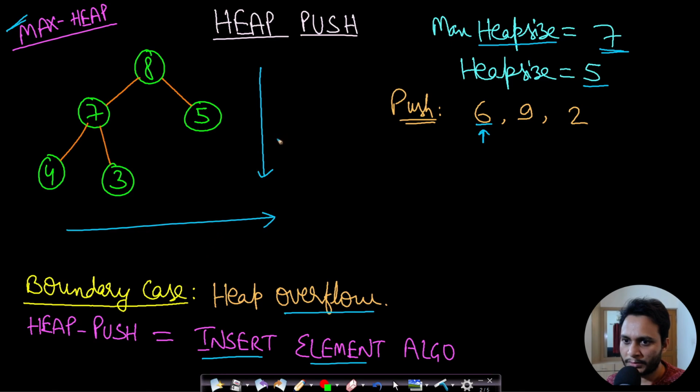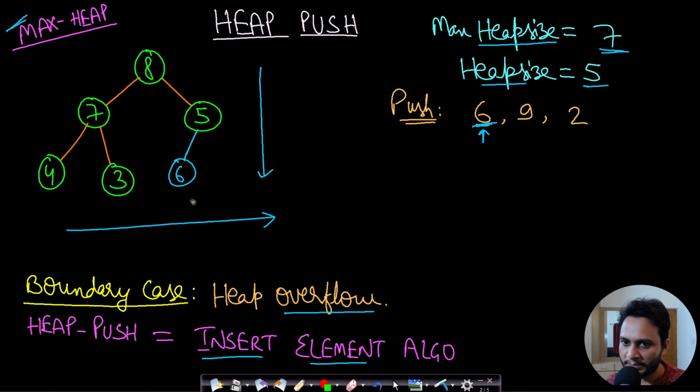So what is the place at which this 6 can be inserted? Before inserting the element you first need to verify if there is any space in the heap. If the heap size is less than the maximum heap size, then obviously we can insert this element. There will be no overflow. In this case 5 is less than 7, and so we can insert this element 6. Now since we know that we can insert this element, where to insert it? We will be inserting in top down, left to right order. So the next vacant position is the left child of this 5. So we can insert this element as the left child of 5.